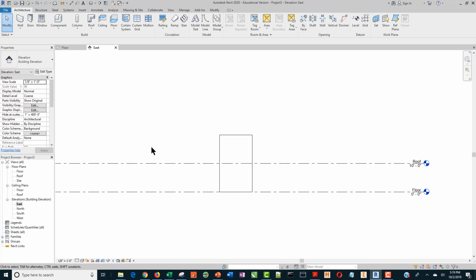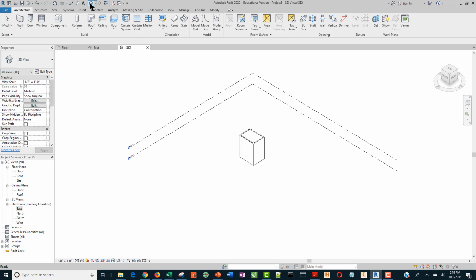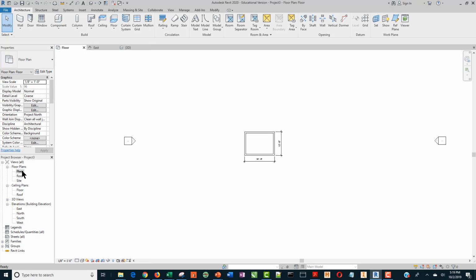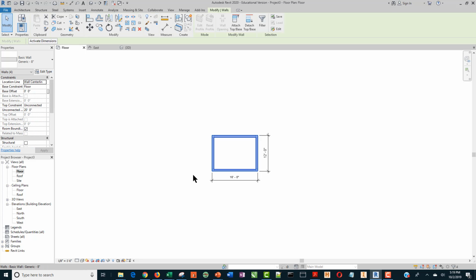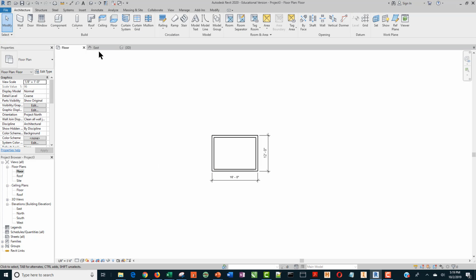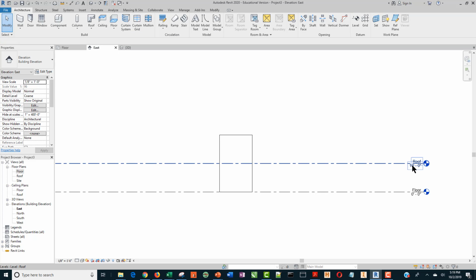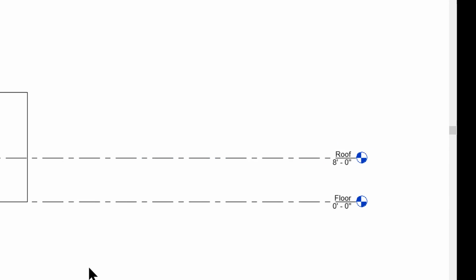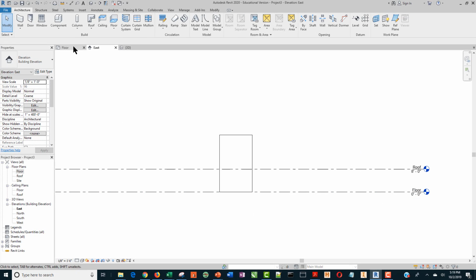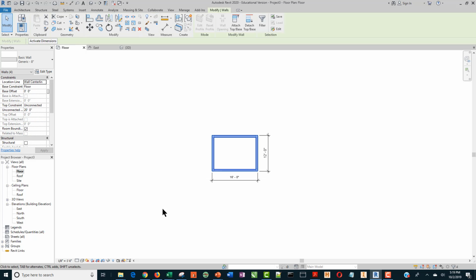It's by default 20 feet, and if we do the 3D view, you can see that the box is very high. So let's go back to the floor plan here. And what I'm going to do is select all the walls. Actually, I'm going to do something else first. I'm going to go back to the east, and I'm going to change the roof elevation to 8 feet. 8 space 0. Okay. And now I'm going to go back to the floor plan and select all the walls